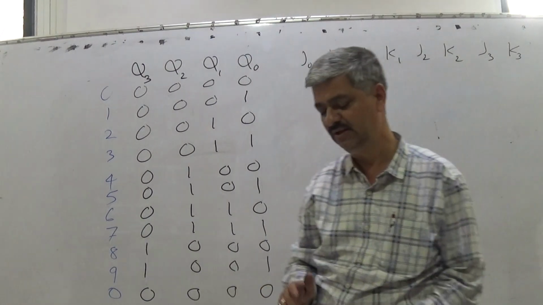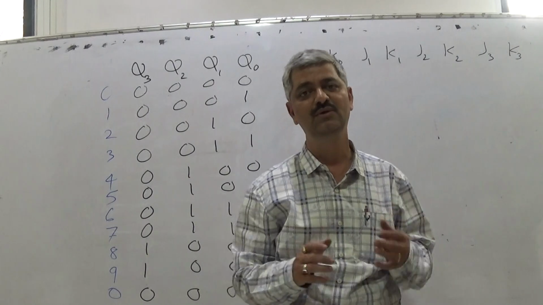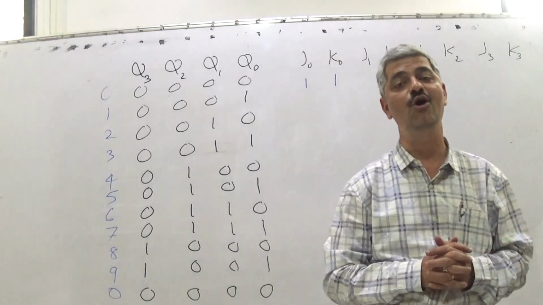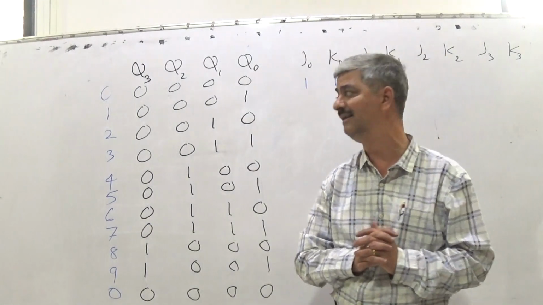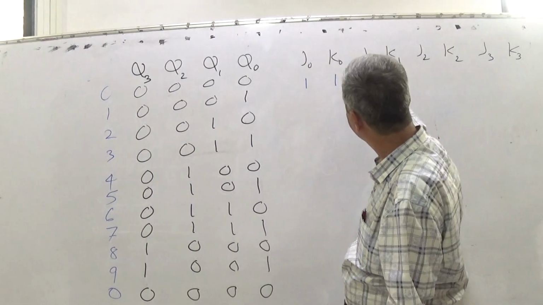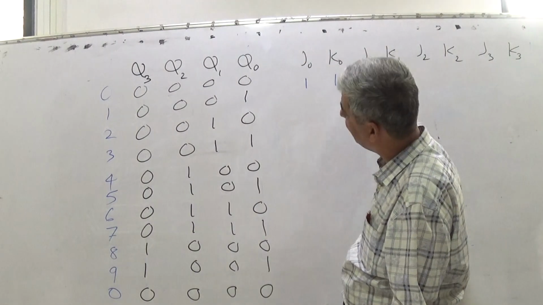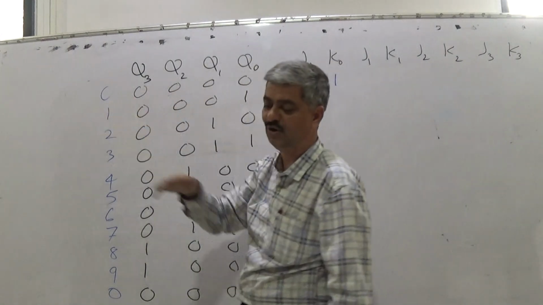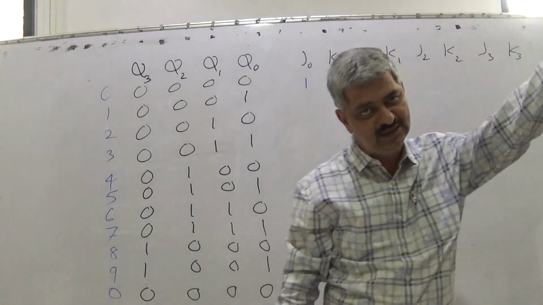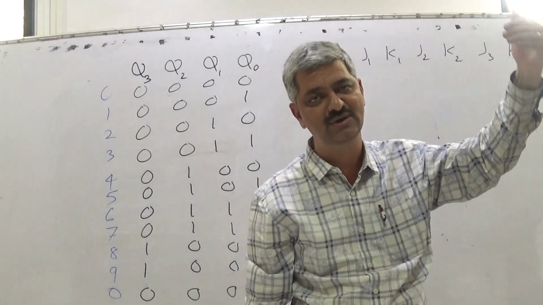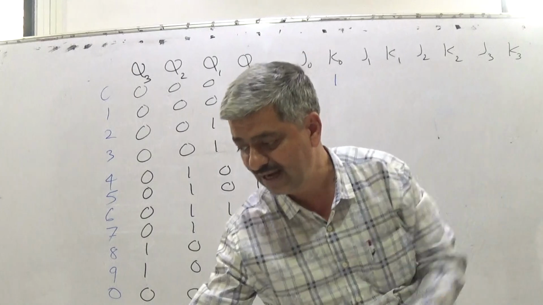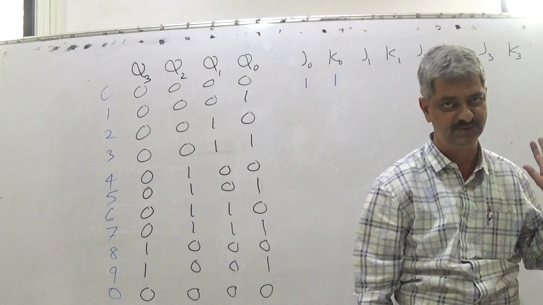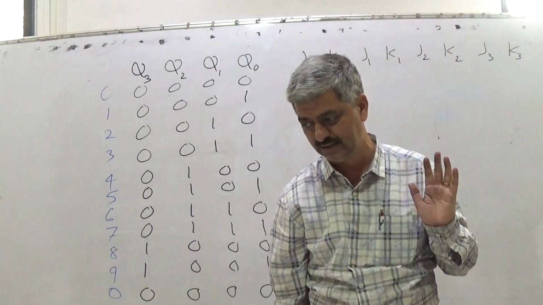So now we wind up the lecture by giving you homework wherein you will come up with all possible ways. Meaning, J1 and K1 should be such that all current outputs can drive the inputs J0 K0, J1 K1, J2 K2, J3 K3, so that we get the next state appropriately for all 4 flip-flops. I think you should make a try on your own.